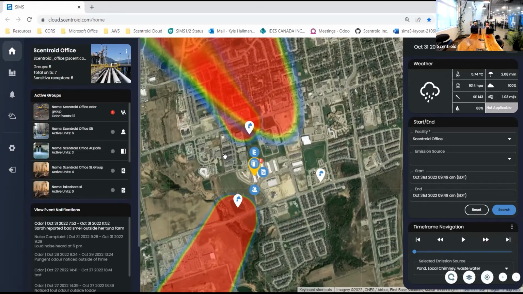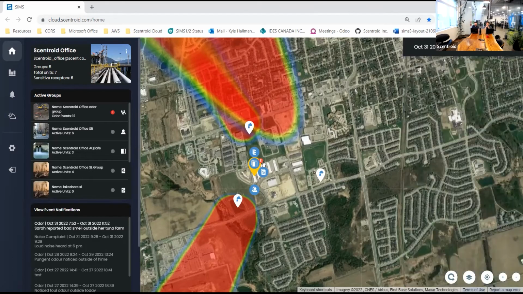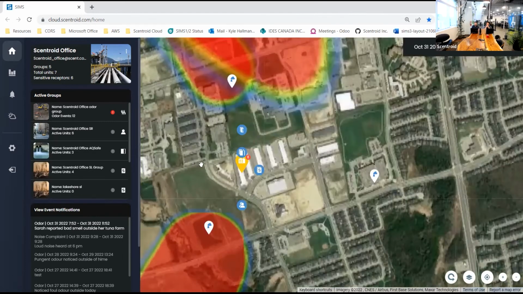And other than that, I'm going to kick us off with the analytics page. As many of you may have seen already, there's a couple ways you can get into the analysis page. One is through the